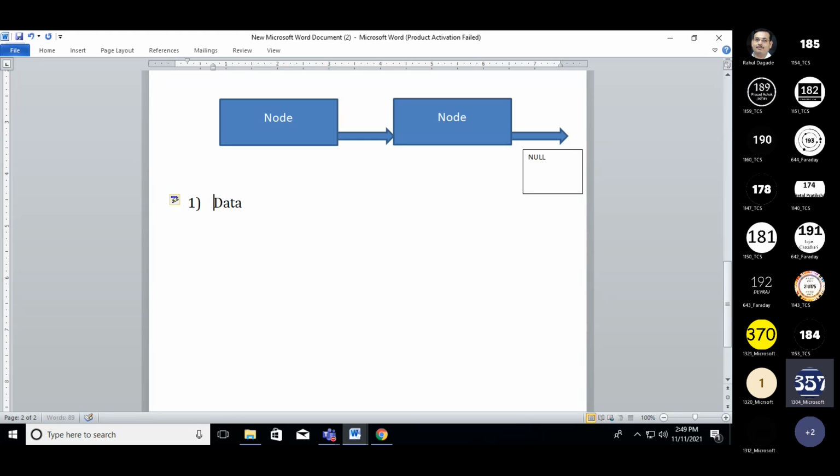Number one, it contains data, and the second thing, it contains the address of the next data. So this is the data and it contains the address of the next data. So that means